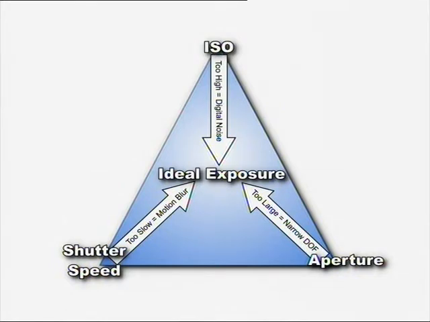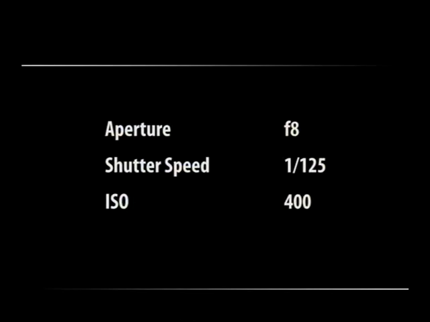Let us make a comparative table from the theory point of view. It may be noted that this applies only to the exposure. The results may slightly be different as regards the depth of field, the movement of the subject and grain on the film. Let us take technical details of a picture in which it is f8, 1/125 and 400 ISO. Now, the same thing can be expressed by f11, 1/125 and ISO 200.